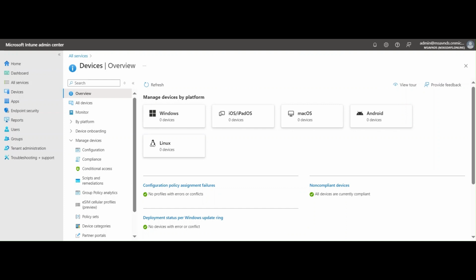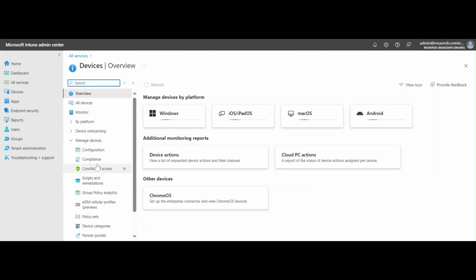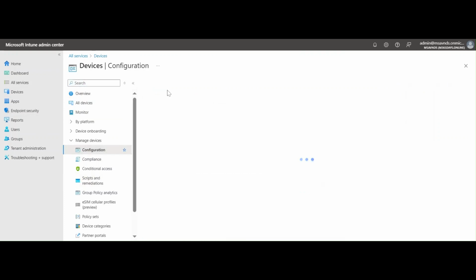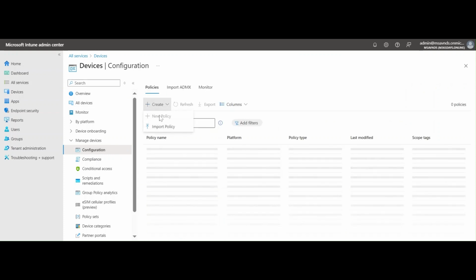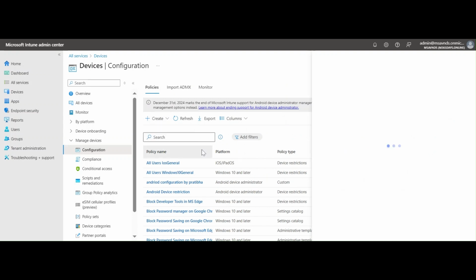So let me create a profile, right? So click on devices and then click on configurations here. Then you need to click on create. So this is loading. Perfect. So click on new policy,